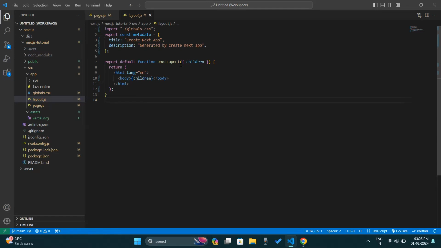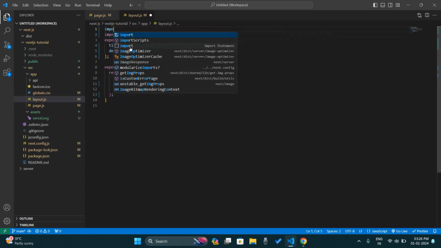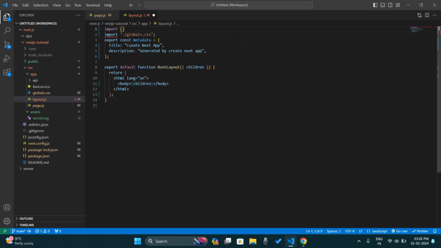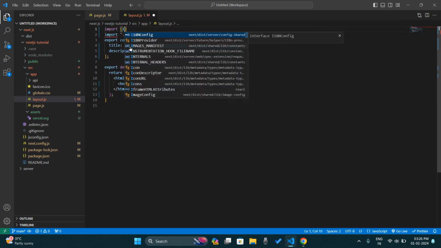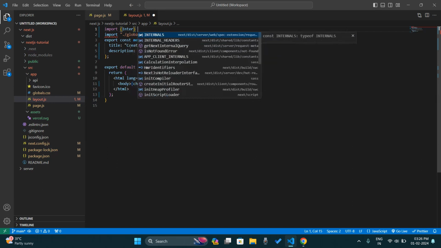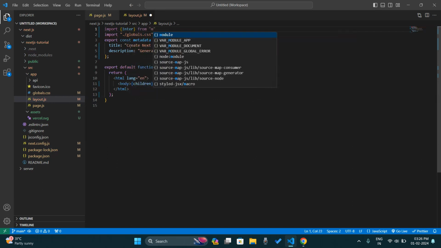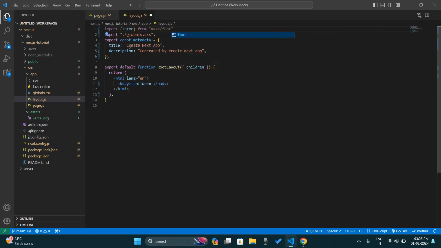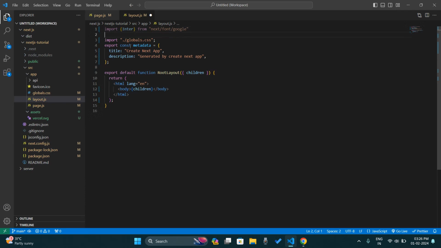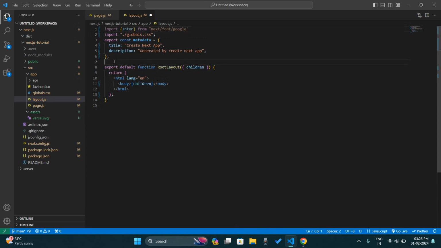Now we see how we can use font in our Next.js. So first we need to import the font. There are many fonts available, so I just import the Inter font from next/font/google. Then we need to create an instance. So I just create here Inter,